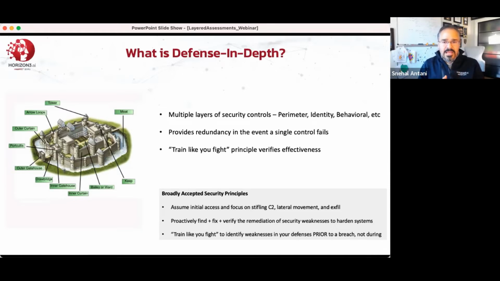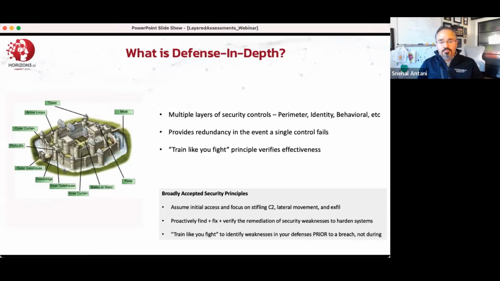And what's important and part of defense in depth is training like you fight as a principle to verify your security effectiveness. How do you know that the moat is wide enough to prevent people from swimming or jumping across it? How do you know that the bridge is sturdy enough to support the people coming in while preventing large hordes from invading, and so on and so forth? And the only way you can really understand the effectiveness of those multiple layers of security controls is to actually